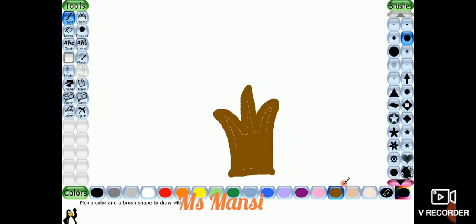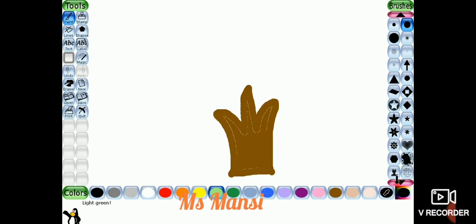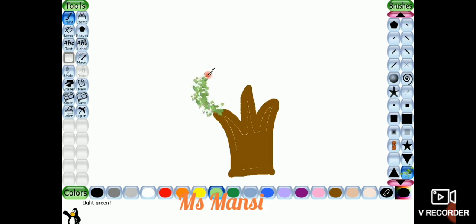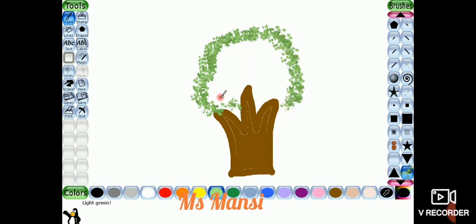Okay students, now select the paint tool and choose the green color from the color palette. Now select the vine shape. Scroll down, you find the vine shape from here. See, this is the vine shape. Just click on it, move the pointer to the drawing area and draw the leaves by clicking on the stem.